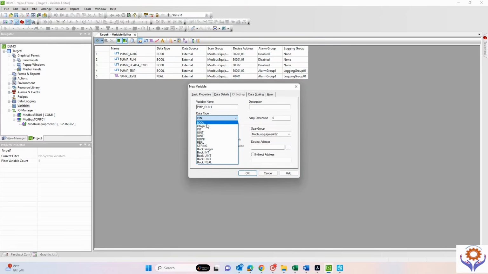Click boolean. Then you have here internal and external. If you see the equipment address, we are using equipment number 01, not 02. So 010 you have to select here in the scan group. After you select the equipment, if you have here internal and external, the internal means